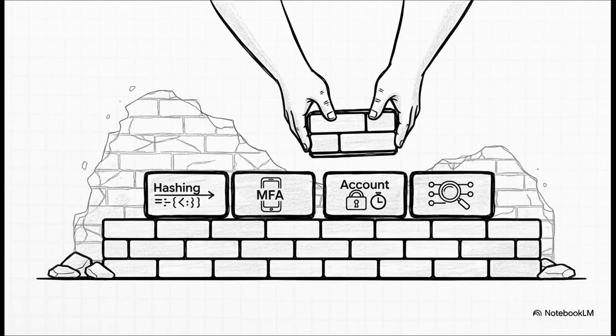The huge fallout from breaches like this one forced the entire tech industry to get a lot smarter fast. These are lessons that were learned the hard way. The modern security standards we kind of take for granted now, like strong password protection, MFA everywhere, and automatic account lockouts, they were all built on the ashes of massive failures just like this one.